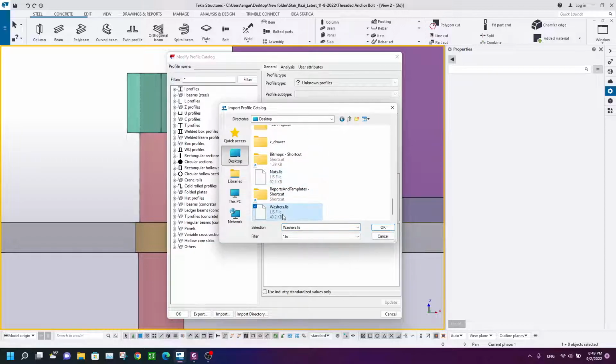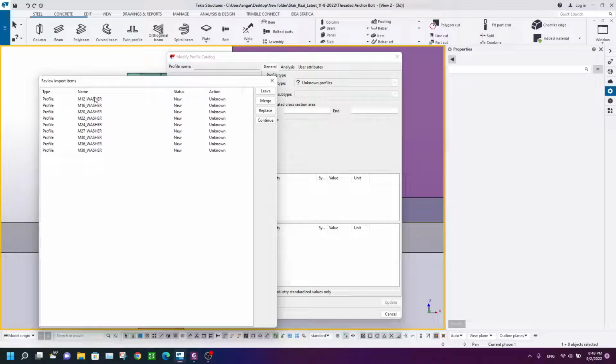I will give you these two profiles, these two profile databases, nuts and washers. If you don't have nuts or washers in your model, you can import them. Also, these files are available on Tekla Warehouse, but I will upload them for you. Okay, click washers and click OK. This washer profile